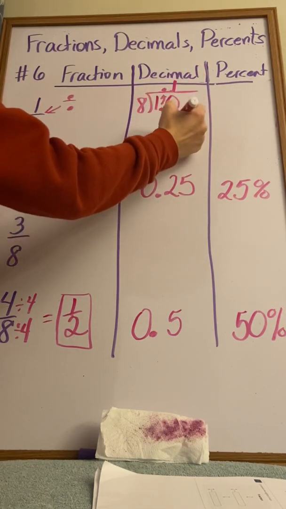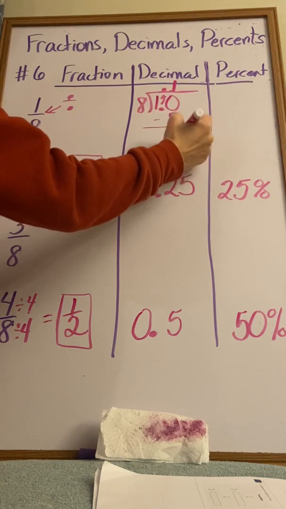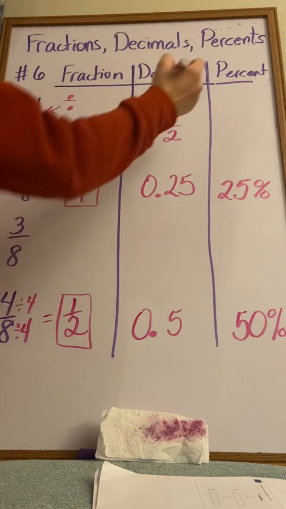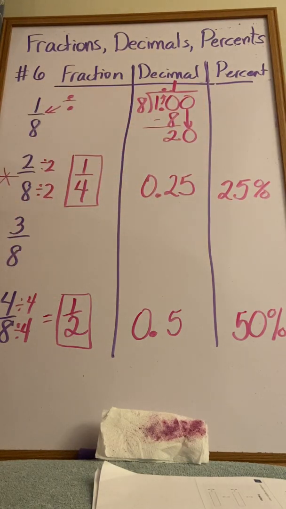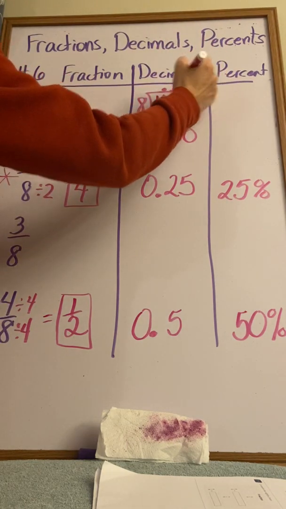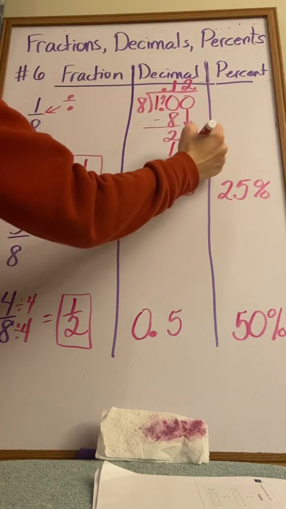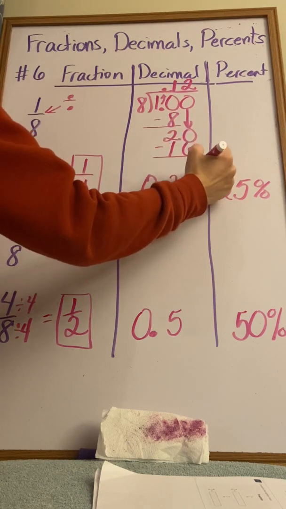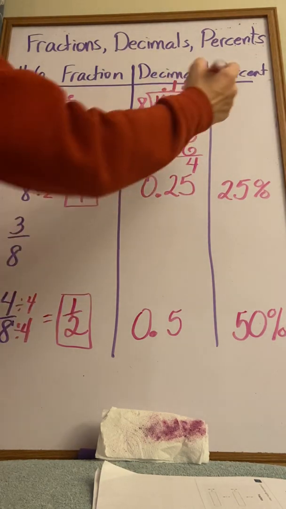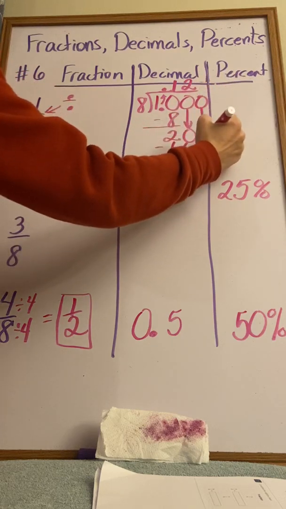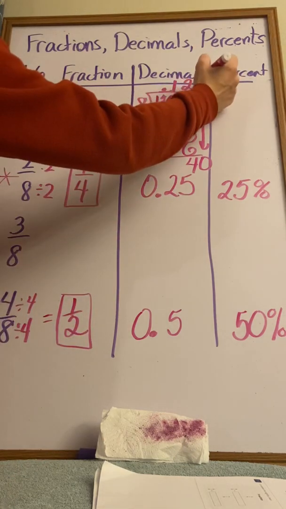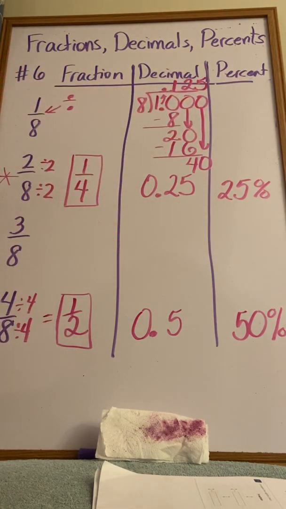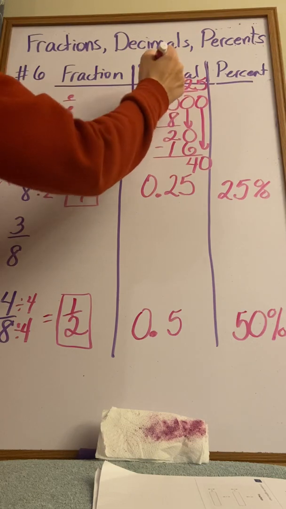1 times 8 is 8. Subtract and we get 2. We're not done. Put another 0 and bring it down. 8 will go into 20 2 times. 2 times 8 is 16. Subtract and we get 4. This one's going to work out nicely. Put another 0. Bring down the 0. 8 will go into 40 5 times. So we've got, put the 0 in front,